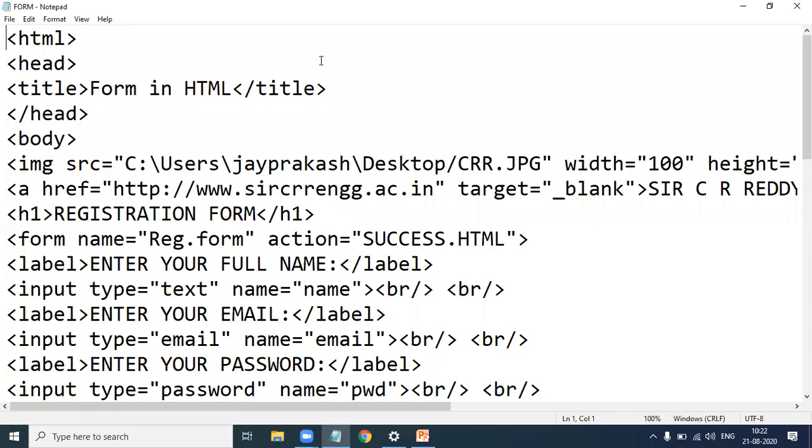Can you see my screen? Here, Notepad, example form. Can you see my screen here? Respond in chat box.